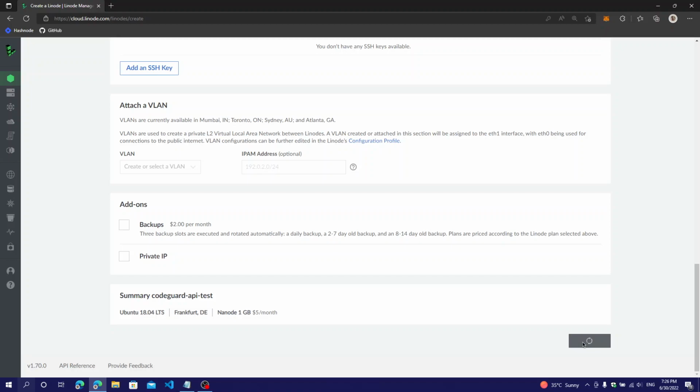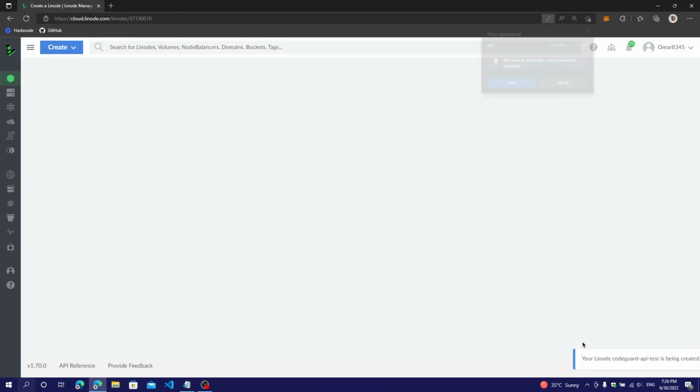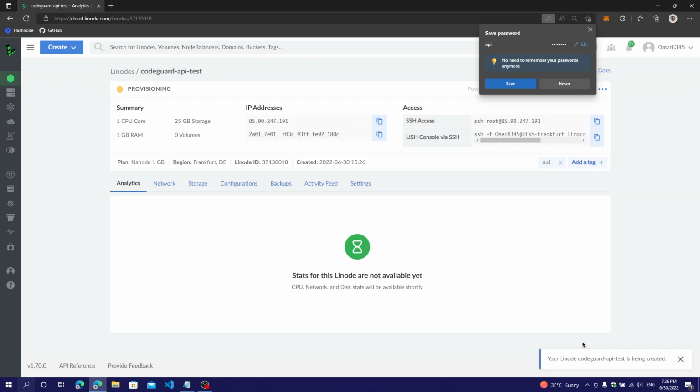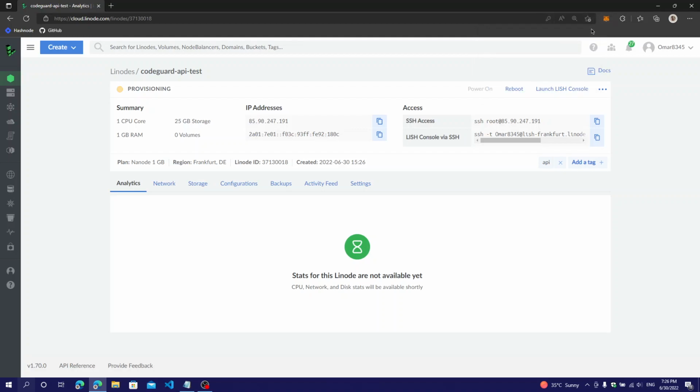Once you have created the Linode, it will just provision, and that will take a few moments. Until that is done, I'm just going to SSH in and we'll be doing some things, like cloning the GitHub repo and installing nginx, Gunicorn, Python, Flask, and more. So I'll be right back. I am right back, and you can see the server is running, it's all ready.